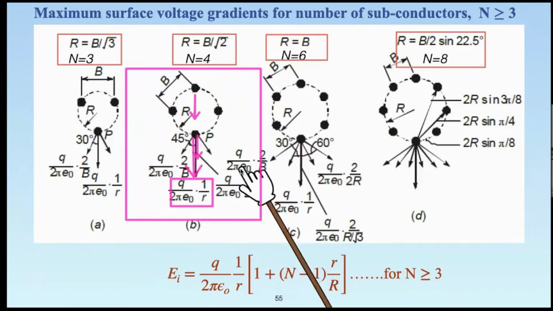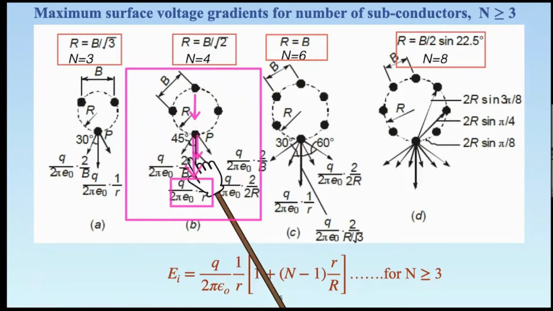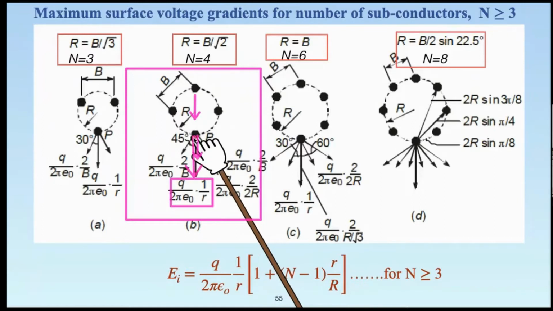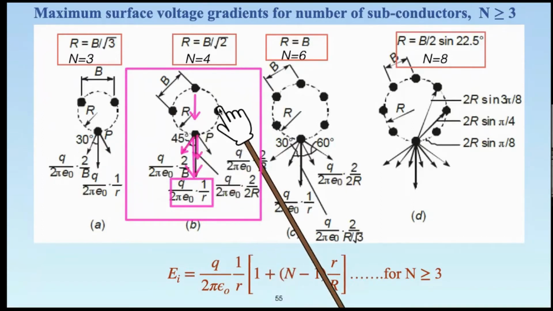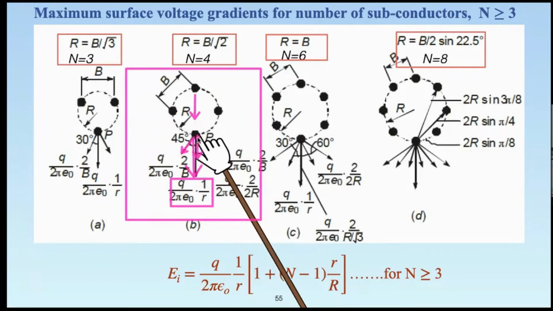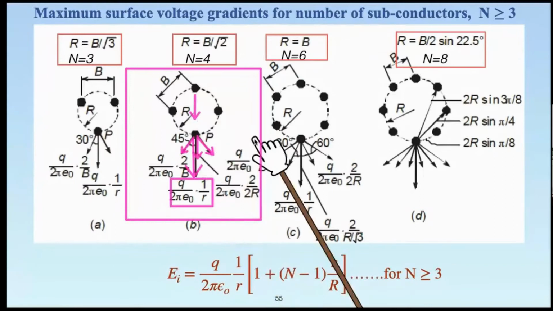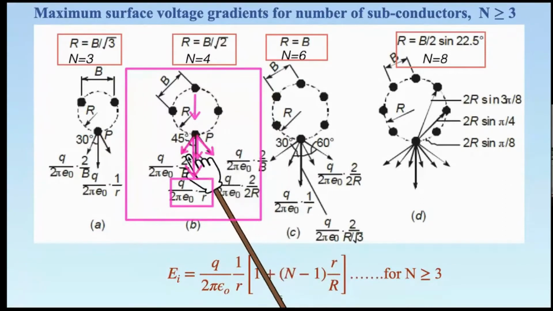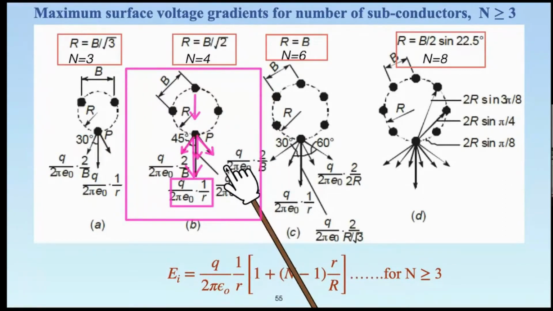And by similar logic, we can now also write the other two electric field components here. One is due to conductor here, and then next is this particular one, it is due to the left hand side conductor. So there are 1, 2, 3, and 4 elements. So all these 4 electric field components are to be added. Then only we'll be able to arrive at the equation.